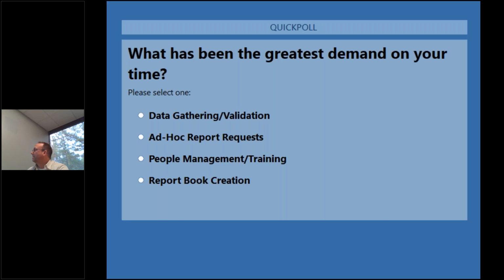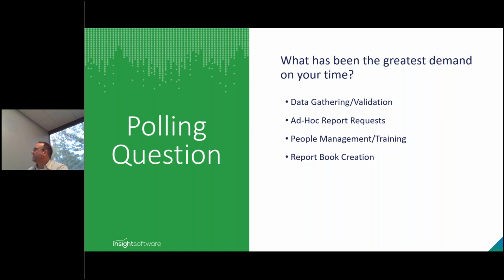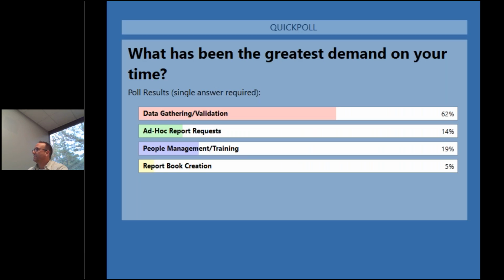Okay. So once again, almost at the 80% vote threshold. And what we're seeing is around 62% for data gathering and validation, 14% for those ad hoc report requests, 20% for people management and training, and 5% for report book creation. Okay,